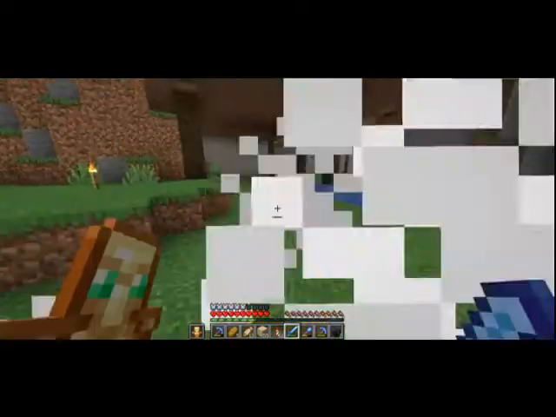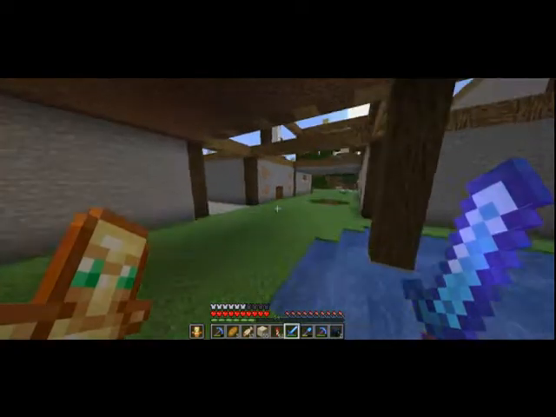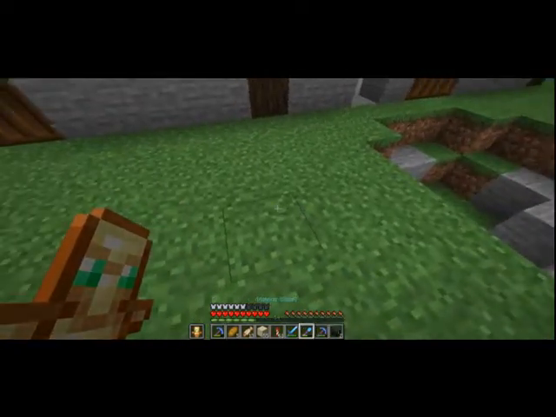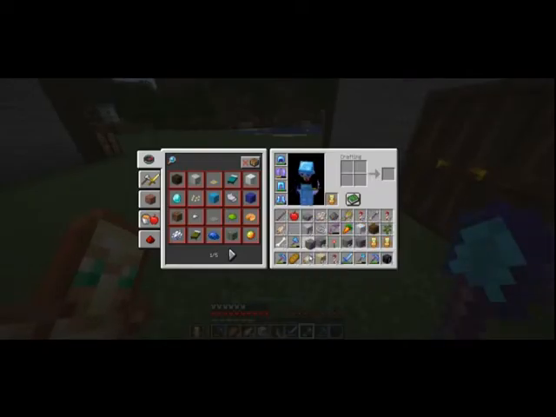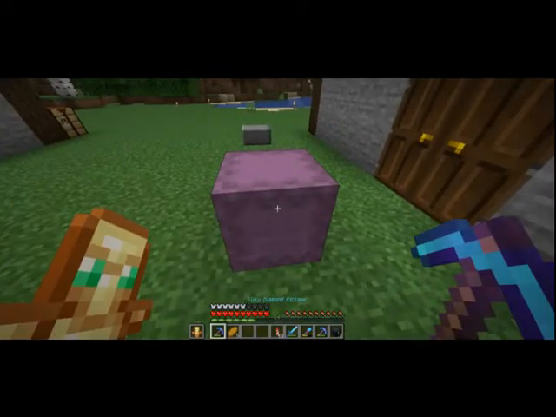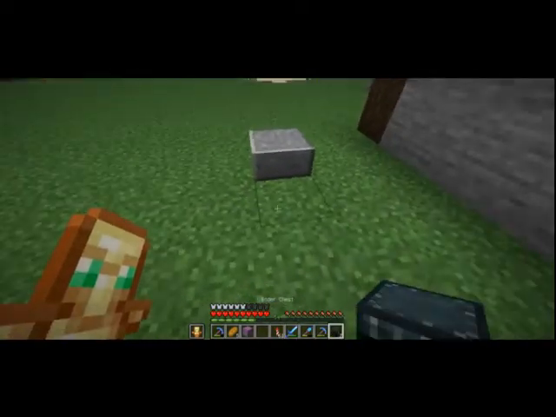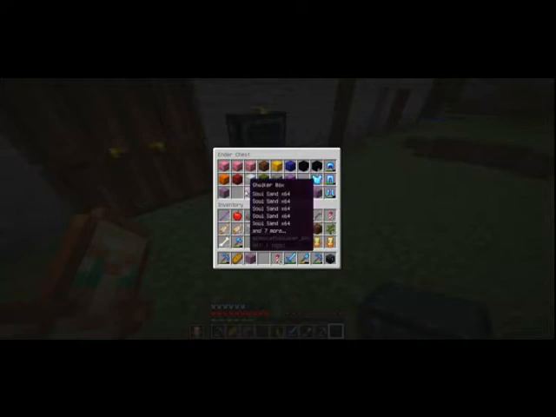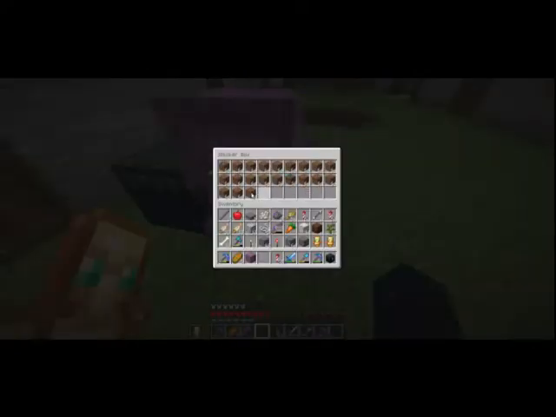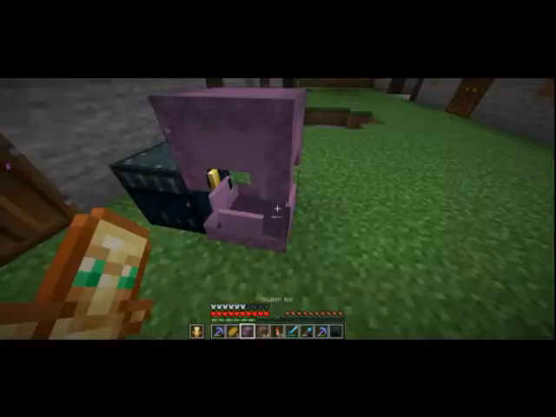And yes, I do see the zombie. So we'll actually probably put our sand back away in our shulker box. And we can pull out some of our dirt from here. Yeah, we'll pull out some dirt and we can just put some items in here so we can get out some more dirt, because we'll need dirt